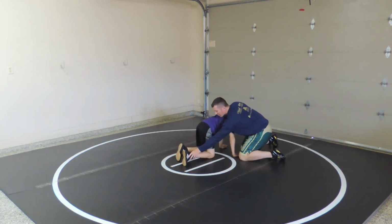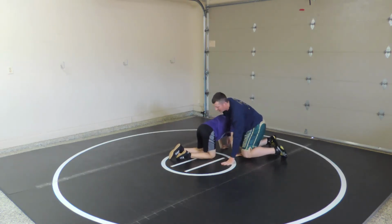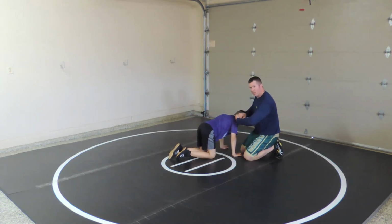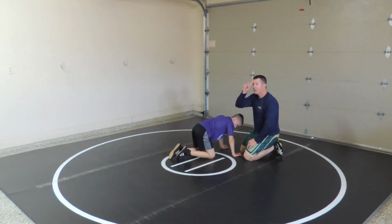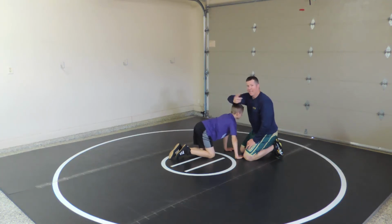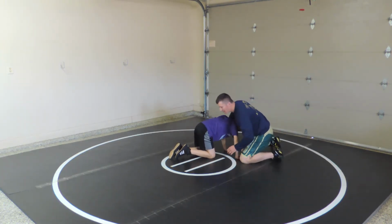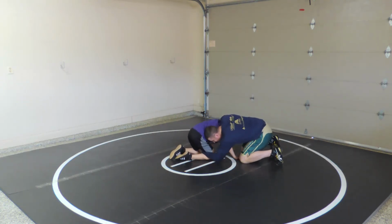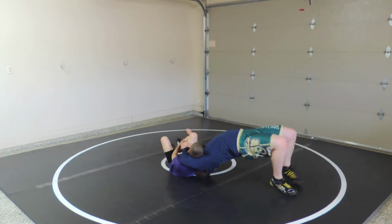I'm going to have you tuck your ankle right there, to protect you. If I'm driving forward, if I cannot lock my hands by his chin, if my hands are locked closer to his knee, I can drive and put his hip on the mat and go down until I hit my head, and then the only thing on me that touches is my head and my feet. And I do a high bridge walk around, backwards cradle. So I'm here, drive down,